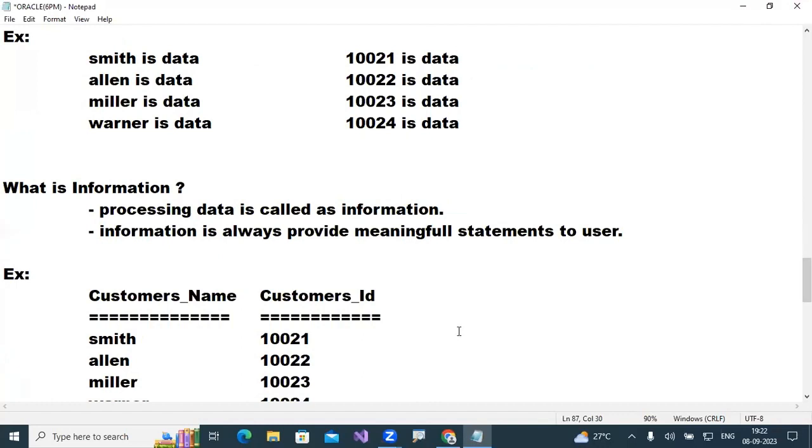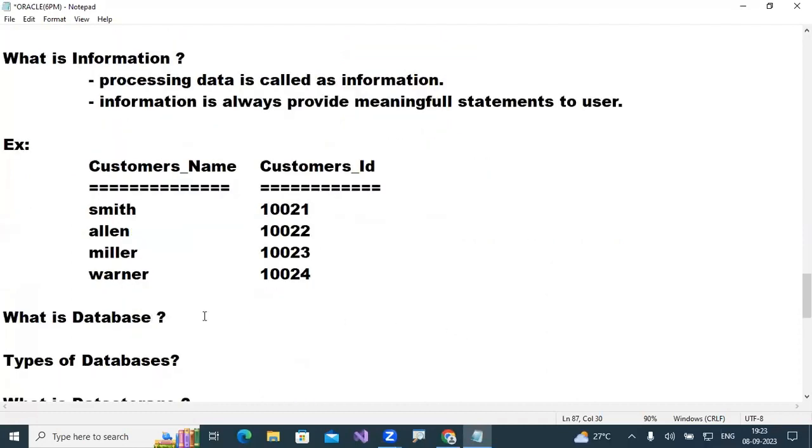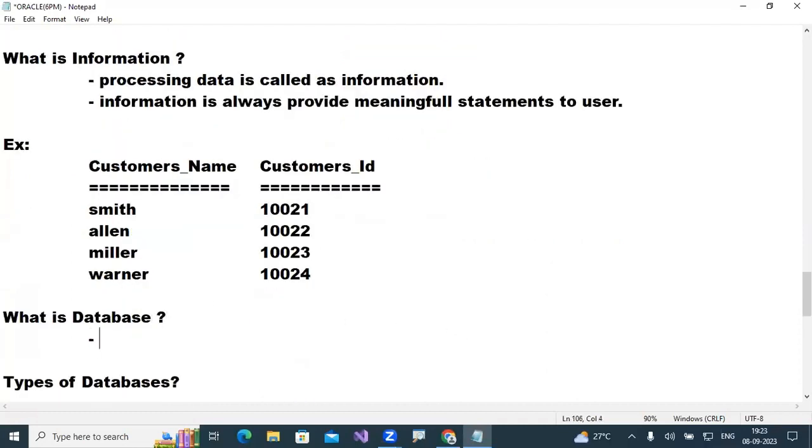Okay now? The two basic terms. Understand all of you? No doubt on this now? Now you can come. Next, what is database? Database, simply remember guys here,